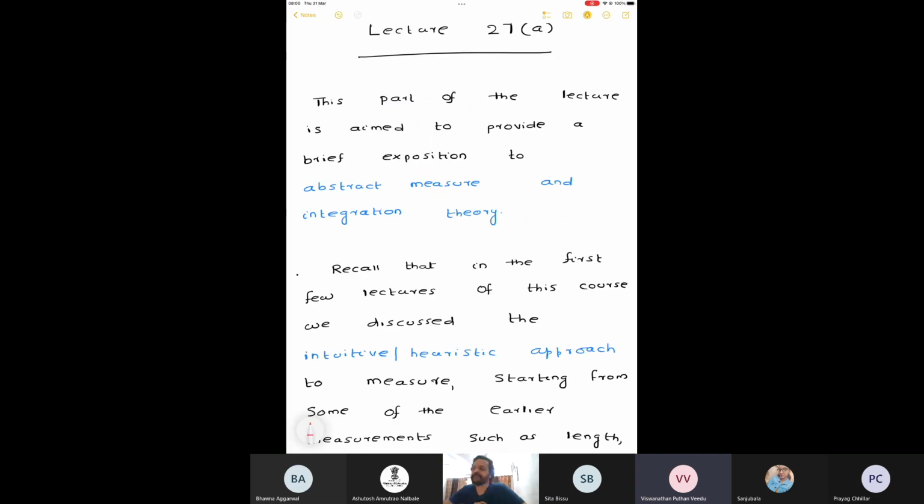So far in this course, mainly we dealt with Lebesgue measure on R and Lebesgue integration theory again on R. Now what I want to briefly explain is that the theory that you developed in Lebesgue measure and Lebesgue integration can be carried over to a general setting in